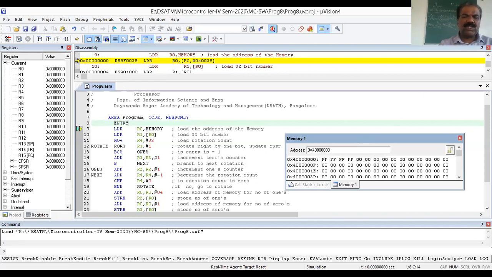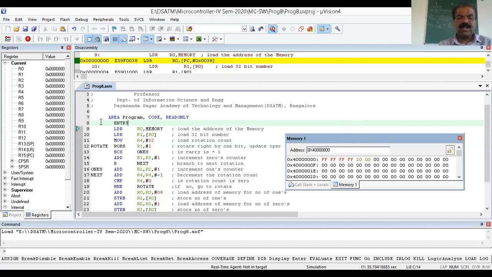Now I'm going to execute this program using run mode. Just look here. That is 20. What is the meaning of 20? 20 stands for 32, so the hexadecimal equivalent of 32 is 20. How many ones do we have here? I put FF, therefore 32 ones. How many zeros do we have? We don't have even a single zero, therefore this is 0.